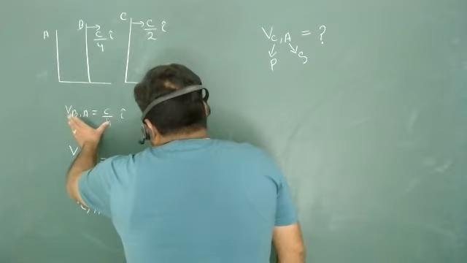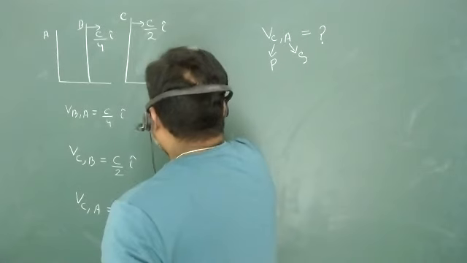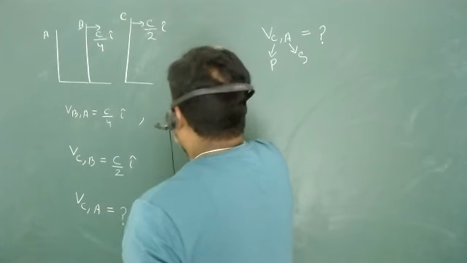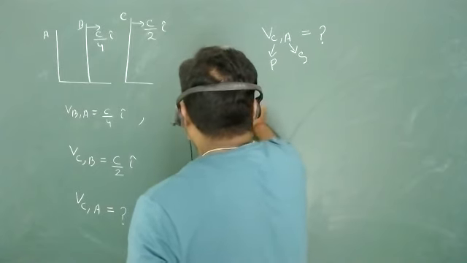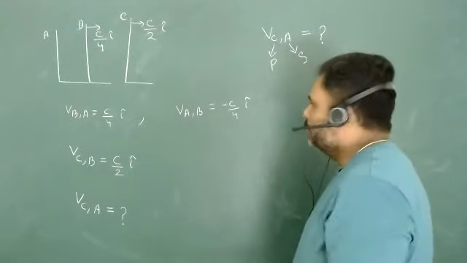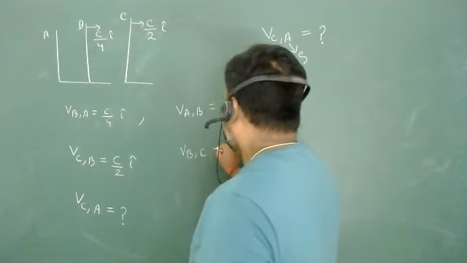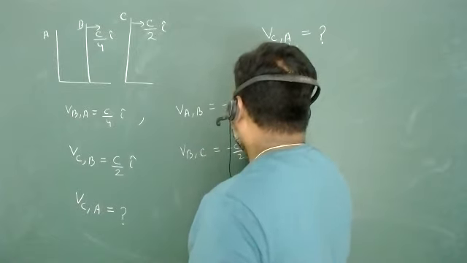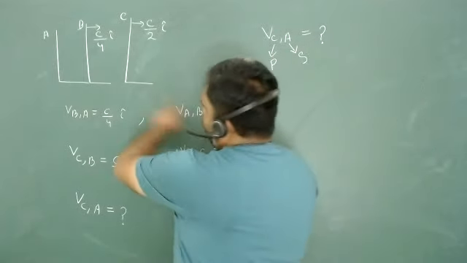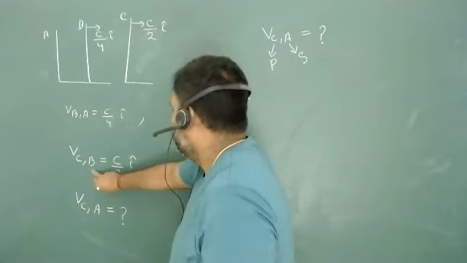So I can write this information as velocity of A with respect to B is minus c/4 in i cap direction. Can I write this thing equivalent to this one? Exactly. And then velocity of B with respect to C is minus c/2 in i cap direction. Now look at here. You will see out of these four numbers and out of these four representations, B is coming in everywhere.